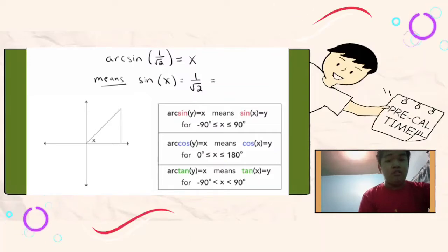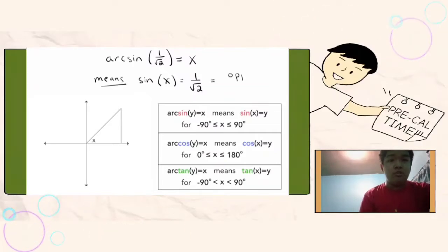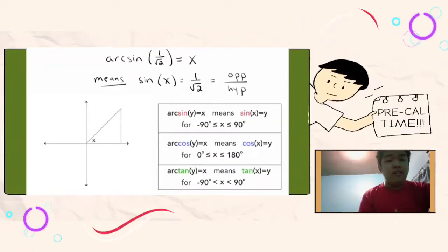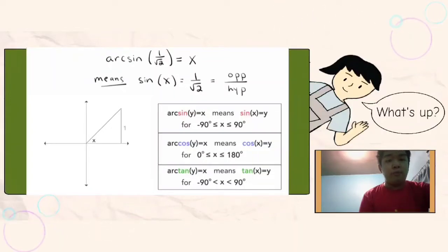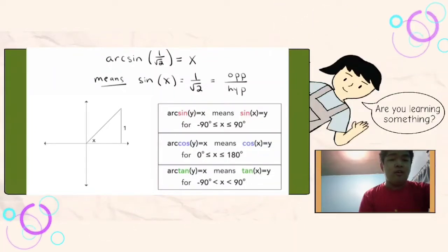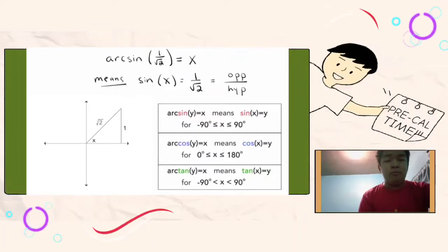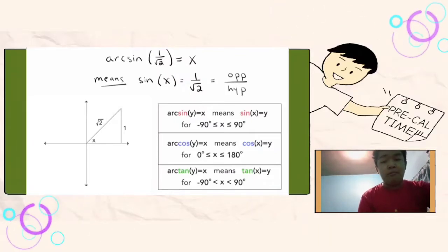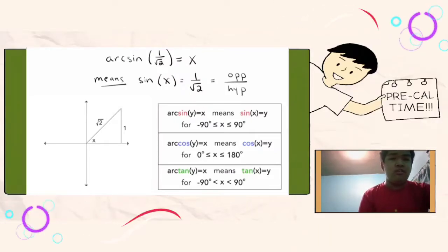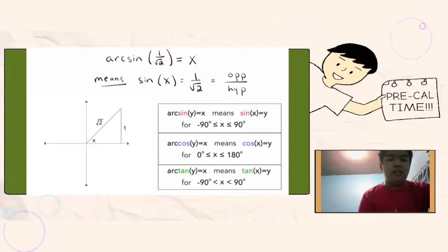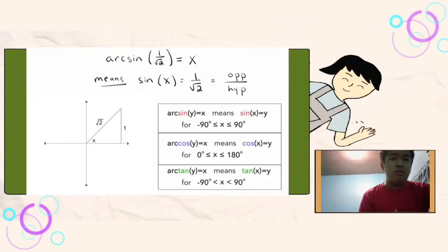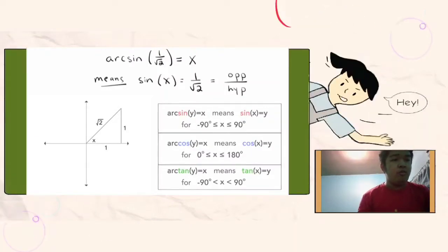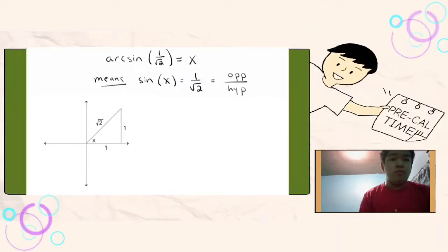So the next step was just writing what we've got. So sine of x is equal to 1 over square root of 2. Remember that sine is opposite over hypotenuse. So in this case, the opposite side is 1 and the hypotenuse is square root of 2. If you do the Pythagorean Theorem, or maybe you just recognize this special triangle, then that makes the last side there be 1. And then we just ask what triangle has sides 1, 1 and square root of 2. And it's the